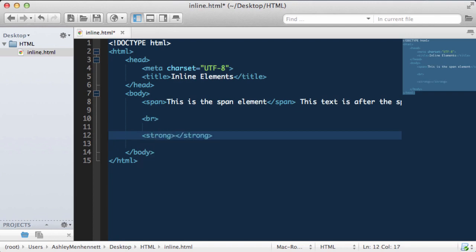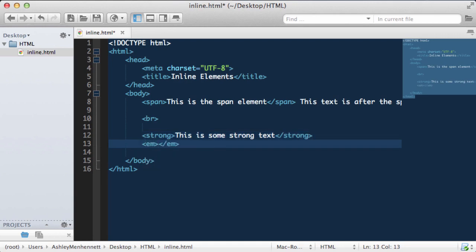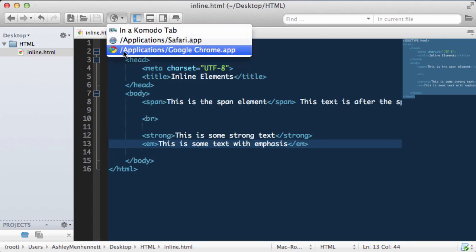So in HTML, we can define important text using the opening and closing strong tags. We can also use the emphasis element to render text with emphasis. So I'll go ahead and save this, open it up in our browser,